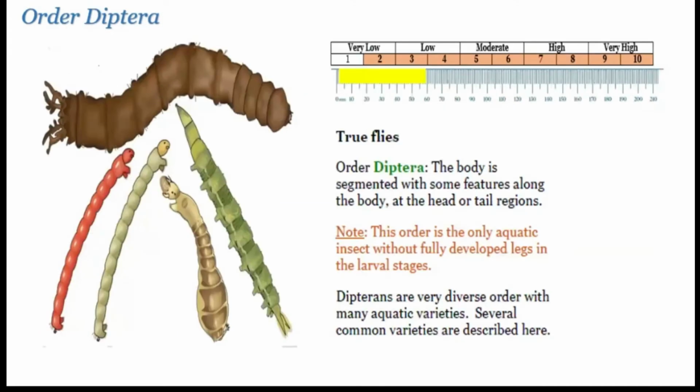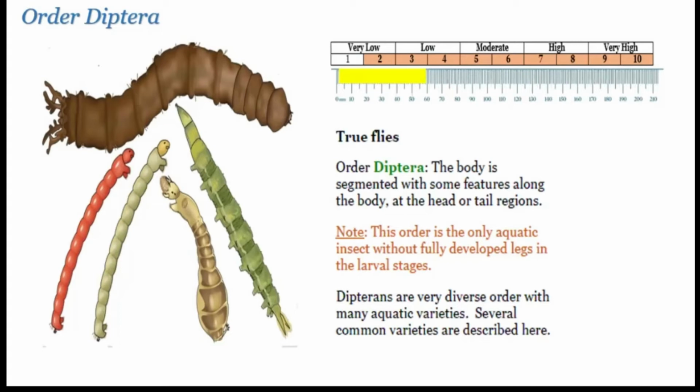Diptera, these are also insects, and they can be confusing because they do not look like insects. Their larval forms do not have any legs. They may, however, have leg-like features. So if you look at the green one, it looks kind of like a caterpillar. There's sort of things like legs sticking up there. The other one on the left, the red, and the other whitish color one, they also look like they have legs, but those are prolegs located near the head and the tail. So basically, be aware of Diptera because they're insects, but they don't have legs.